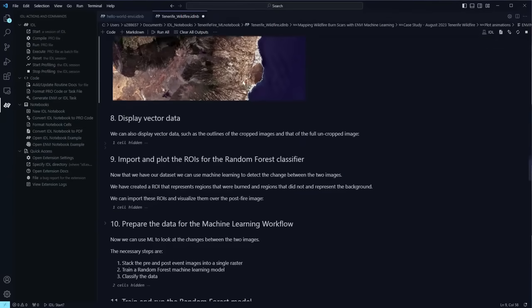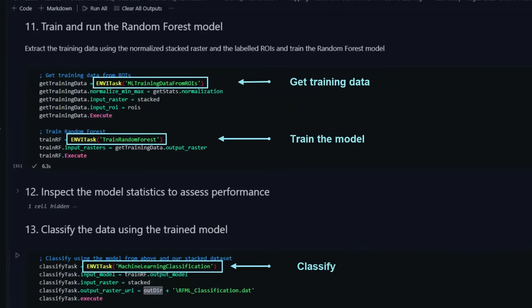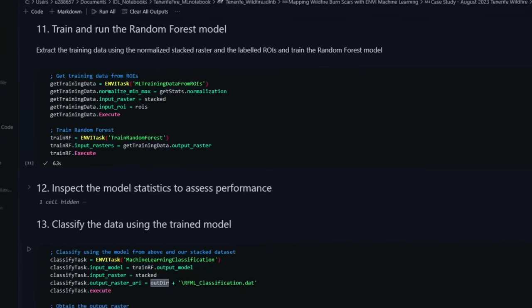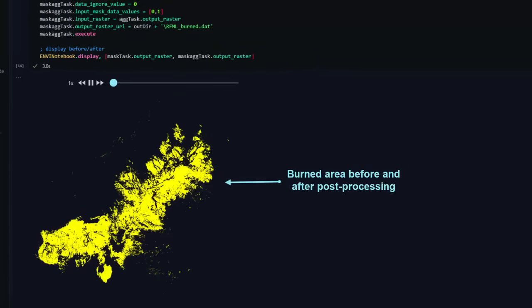Completing this project required some ENVI magic. The random forest classifier I used is accessed through ENVI tasks, and I also relied on ENVI's powerful post-processing tools to clean up my results. Since IDL Notebooks is integrated with ENVI, I was able to do all of this without ever leaving my notebook